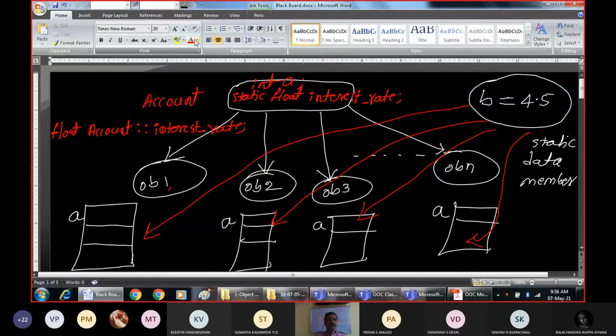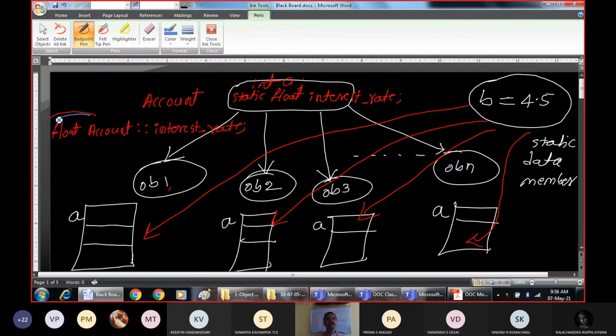So this is the explicit declaration for reserving memory for the static data member. This is how we reserve memory for the static data member. This is a must. If you don't write this statement, the memory will not be reserved for the static data member. For other data members, memory will be allocated automatically.